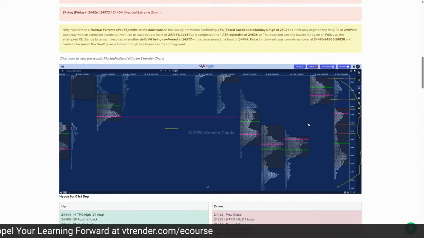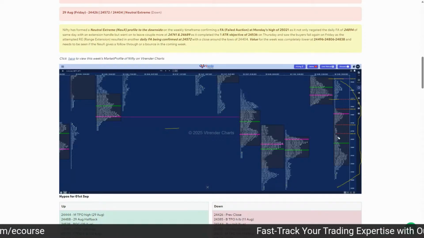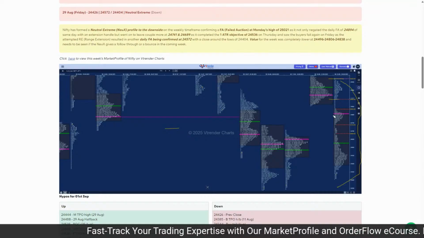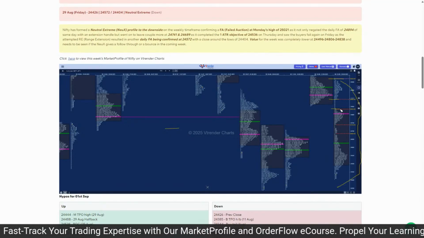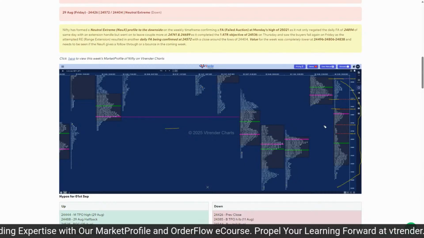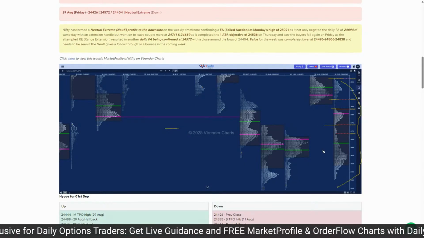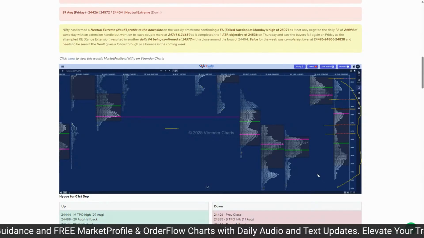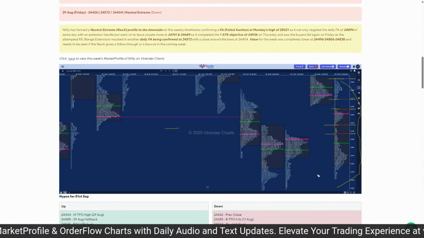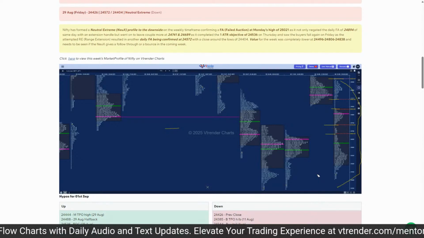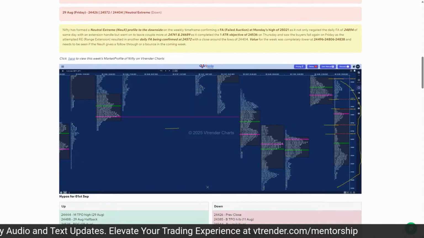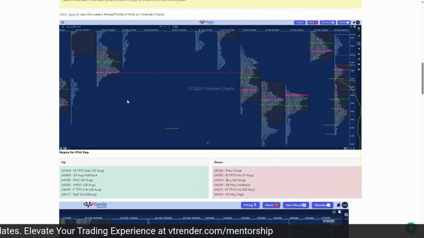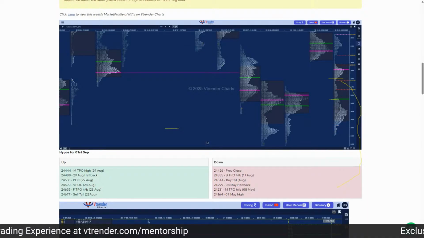So I'll come to what has happened today. We have had a similar setup today. So we will discuss that when I come to today's chart. And what we have got is that first extension handle at 24894, and then we have a zone of singles till 24838. And then we have the second extension handle at 24741, and the third one at 24689. So we have three extension handles in the weekly profile, which will serve as supply points on the upside. So we will have to see how the auction shapes up, how the Nifty spot shapes at those levels.